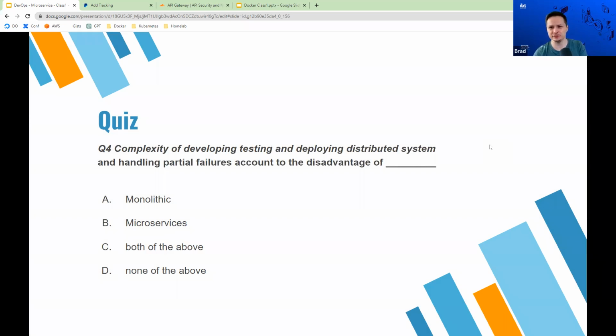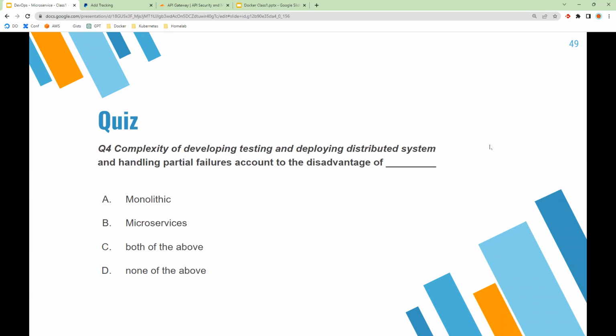So question 4, complexity of developing, testing, and deploying distributed systems and handling partial failures account to the disadvantage of. So basically, this question is saying the complexity of developing and testing and deploying a distributed system is a disadvantage, right?